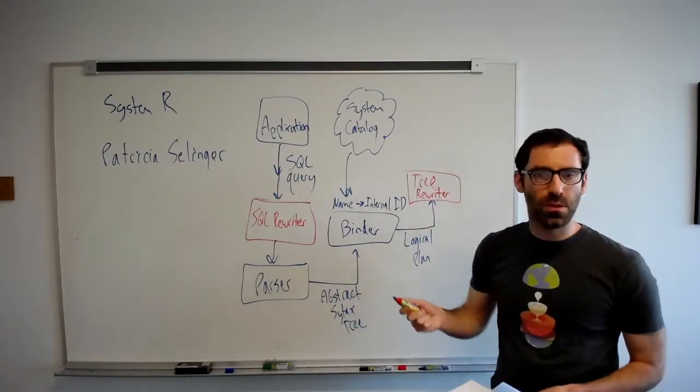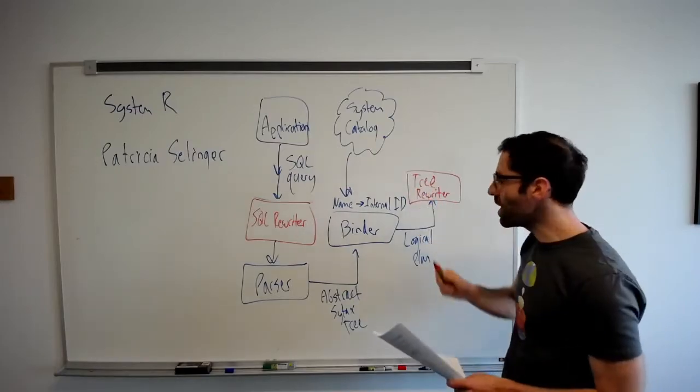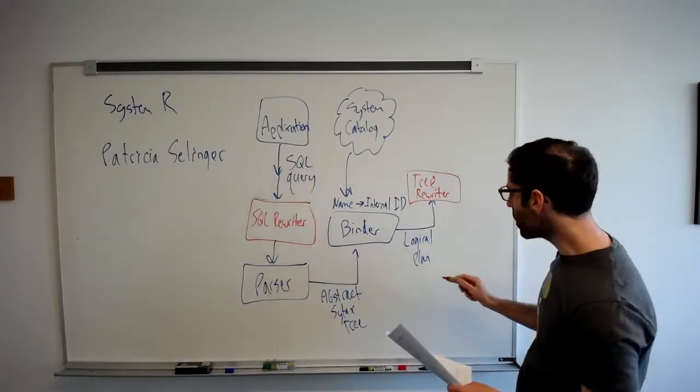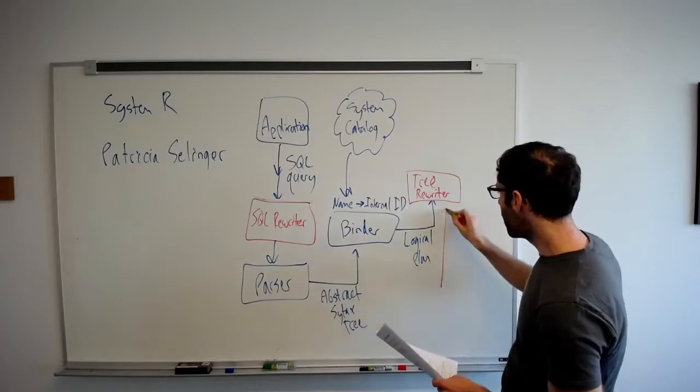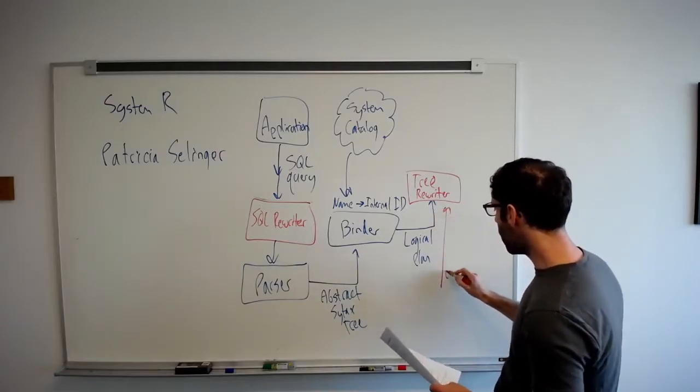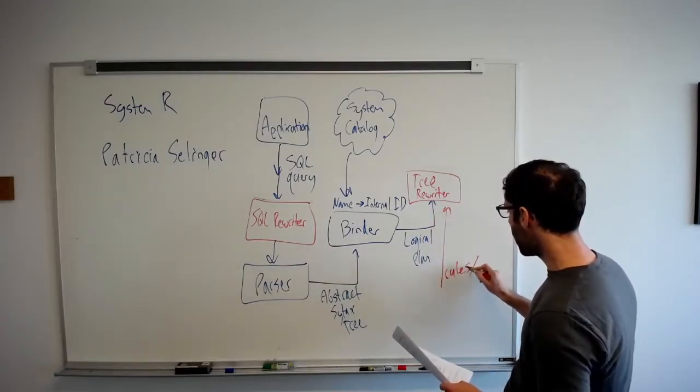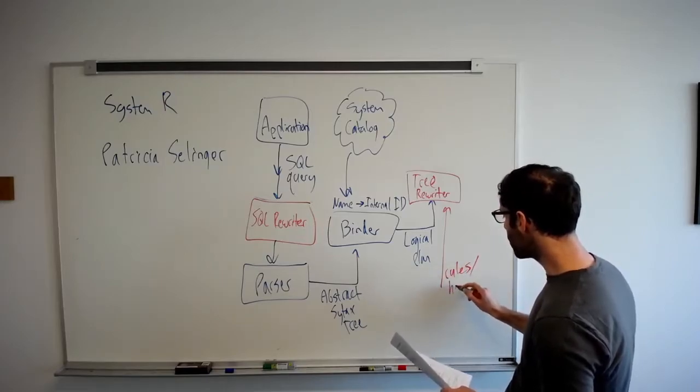And we'll see examples of rewrites that a tree might do. And this is going to be based on just set rules